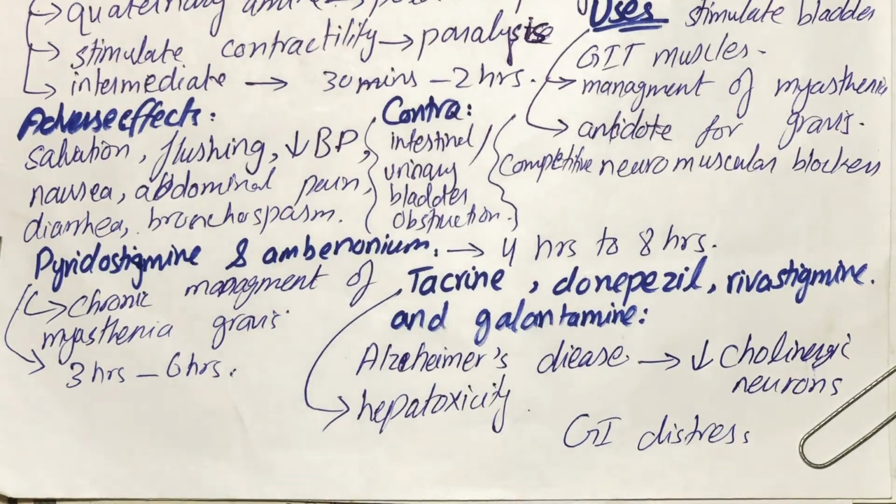So this was all about indirect acting cholinergic agonists of the reversible kind. These are also called anticholinesterase agents. These agents were of the reversible kind, meaning they do not bind covalently to the acetylcholine esterase, but they can be reversed by giving a competitive agonist. The other type of these agents are irreversible anticholinesterase agents, and we have discussed them already in our previous video. If you haven't watched it, you can go to my channel and watch it over there.